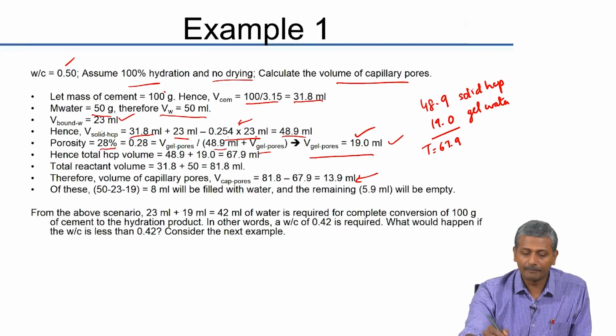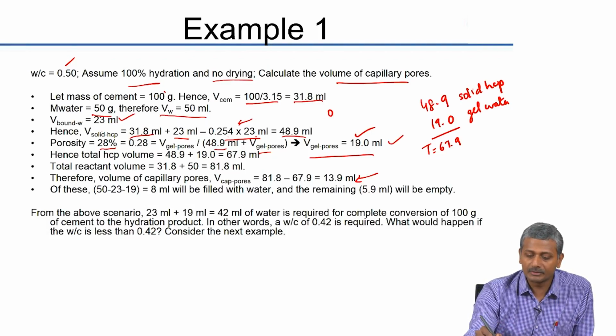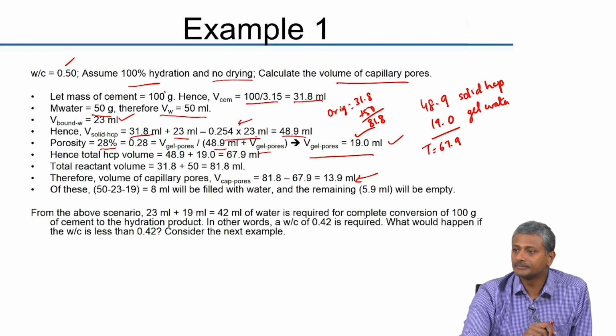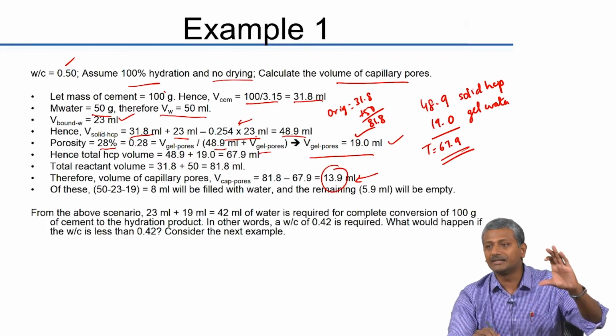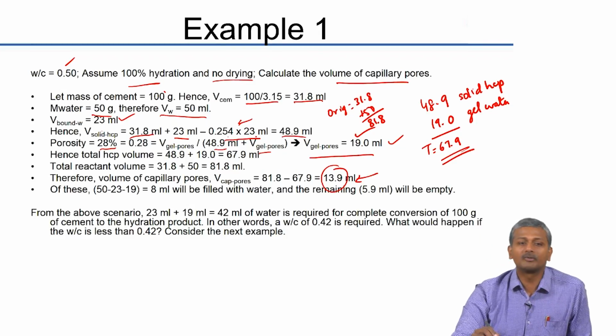What is the original volume? Original volume is 31.8 plus 50. That is 81.8 milliliters, because I had 31.8 as the volume of cement and 50 as the volume of water. But now I have only 67.9. So the remainder, capillary porosity, is equal to the total volume of reactants minus the total volume of the hydrated cement paste